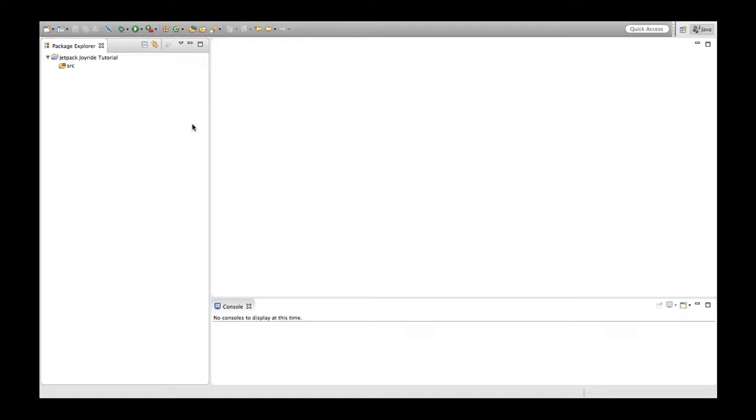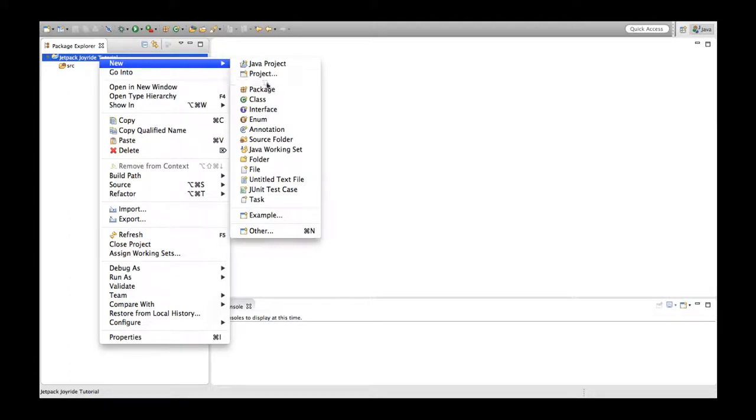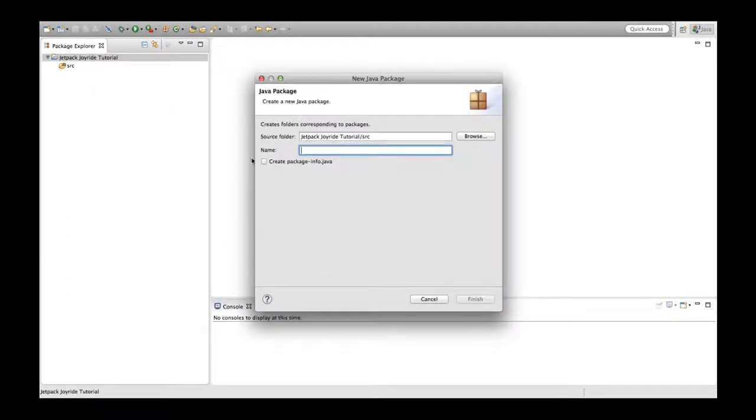So how to make a package is that we can either right click on our source folder or right click on our Jetpack Joyride tutorial project folder. It's actually just a project folder. So anyway, right click, then go to new, and you want to click package because we want to create a new package, and in here is going to be the name for our package. So I'm going to call mine com.tutorial. Actually, I'll call mine .ogn for Official Gaming Network